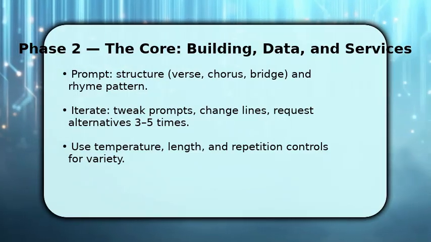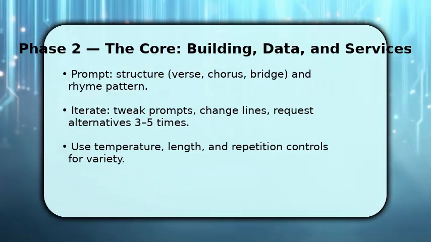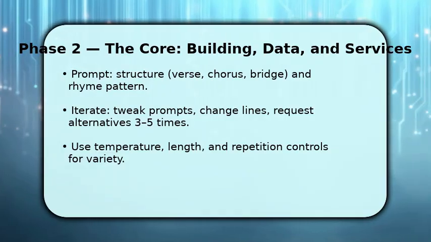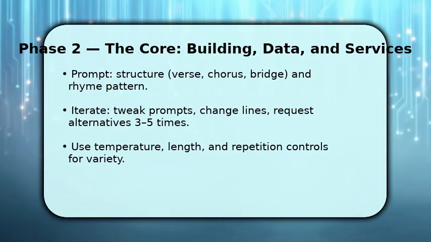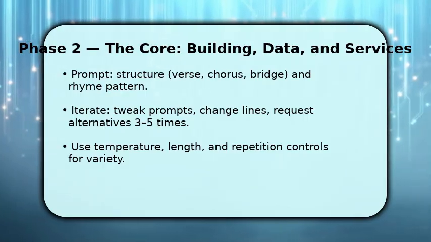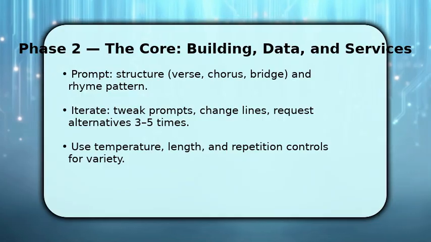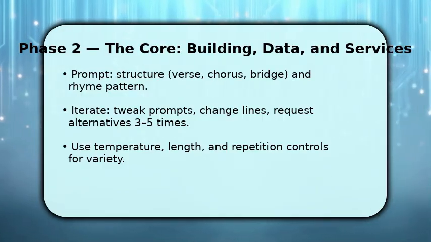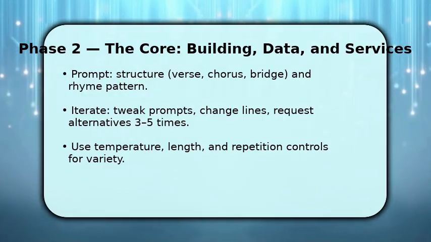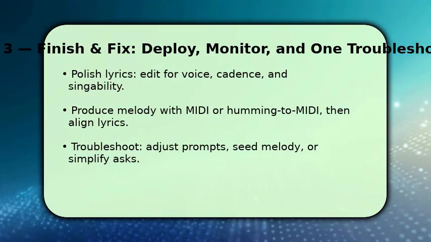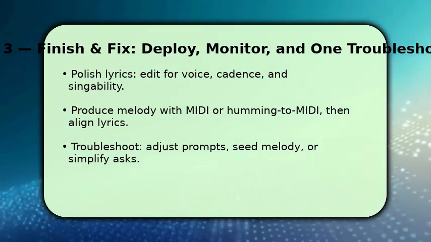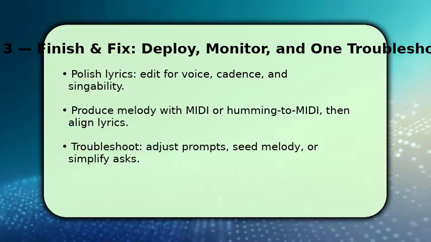Once you have swaps, splice, and rerun the prompt with explicit constraints: reduce clichés, preserve hook, increase metaphor. Also adjust temperature and max tokens to control creativity and length, and use repetition controls so the chorus repeats exactly where you want it. You finish by polishing cadence and singability, shorten lines, fix consonant clusters, and test phrasing with